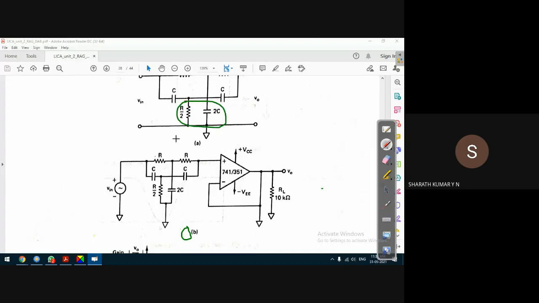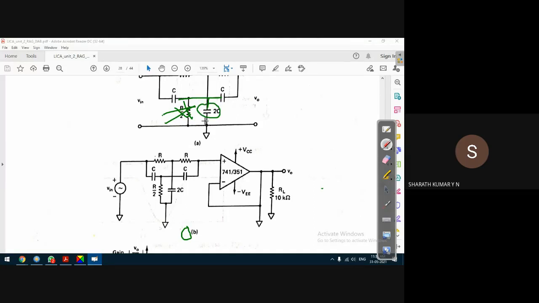Here what we have to understand is the role of this resistance. What happens if there is no resistance? Let us imagine that this resistor is not used. What will happen? These three capacitors are in parallel. Moreover, what we have to observe is that this resistor is a DC component, whereas this capacitor is an AC component.